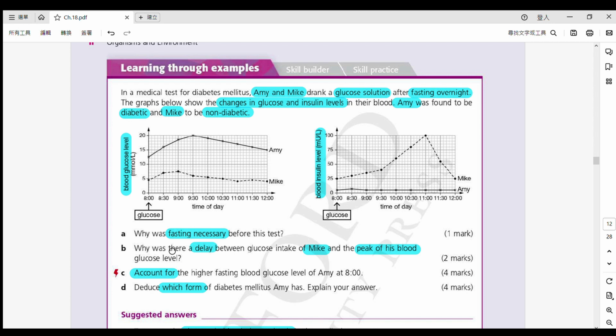Okay, so fasting is necessary because both of them have to start at the same point. Okay, 兩個都要係同一時間開始㗎啦。Alright, for a same point, it does not mean at the same time. Of course, they need to drink the glucose at the same time. Also at 8 o'clock, 都應該係8點鐘嗰陣時飲呢樣嘢啦。But more than that, it's just like one very important process